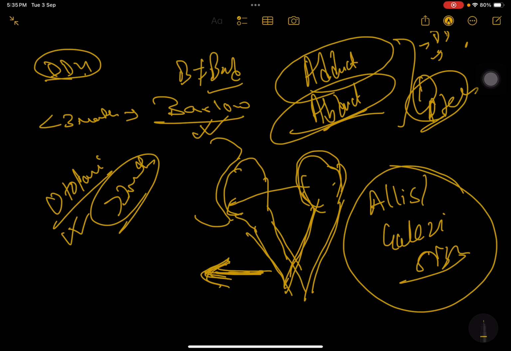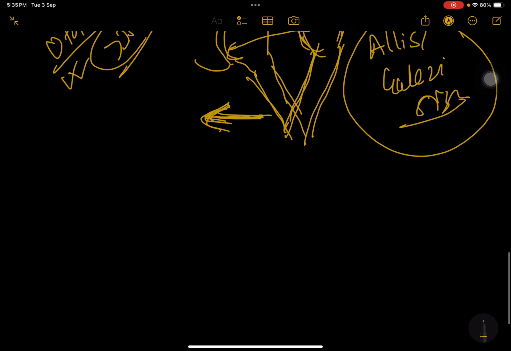This is the Ellis or Galeazzi sign, where you ask the child to lie supine and flex his knees. On the affected side, the knee will be slightly lower, like this. You can do this for unilateral DDH. But in case it's a bilateral DDH,